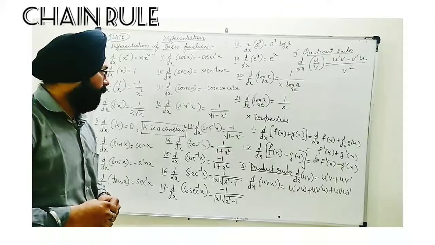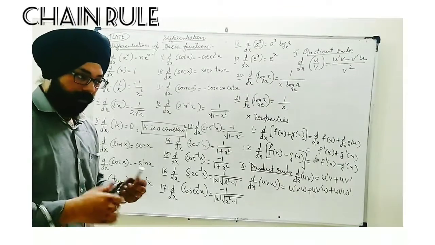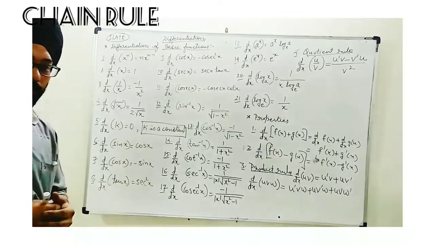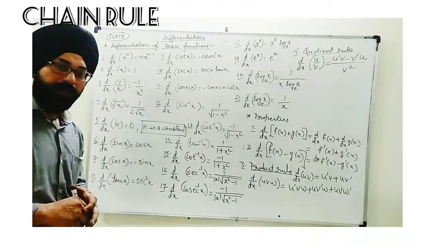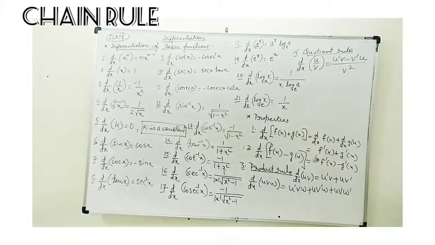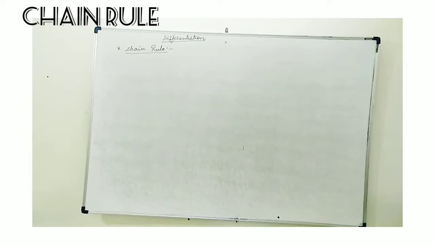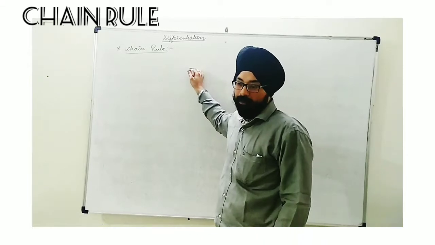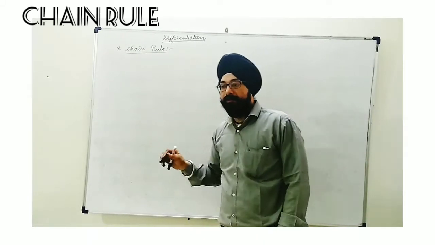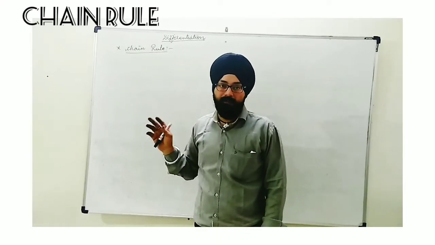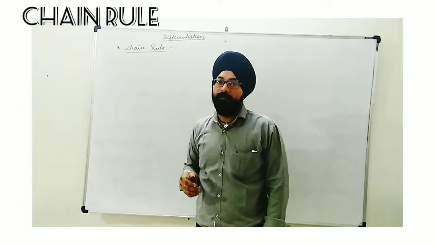Now we are going to see the next step, differentiation. Various types of functions and conditions will be given. We have to use all these concepts in those. I hope you understand. We are going ahead with the first topic of differentiation. The first topic which we are going to see is chain rule. Chain rule is applied, other than product and quotient rule, for differentiation whenever we are given the composition of two or more functions.